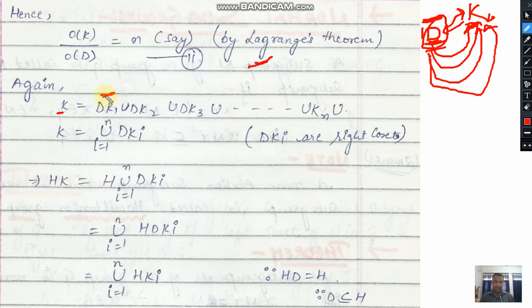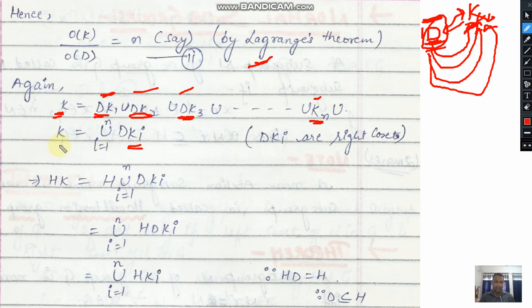If I write a coset with any element of K, say K1, then this will be a right coset. Similarly, I write one more coset by element K2, and if I write all possible cosets generated by every element of K and take their union, then there will be no new element which does not appear in K. So the union of these cosets will be equivalent to K, which is written here.